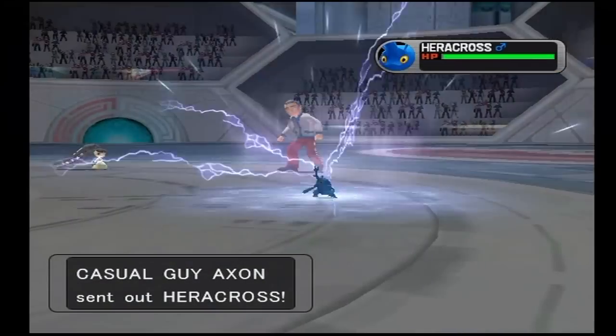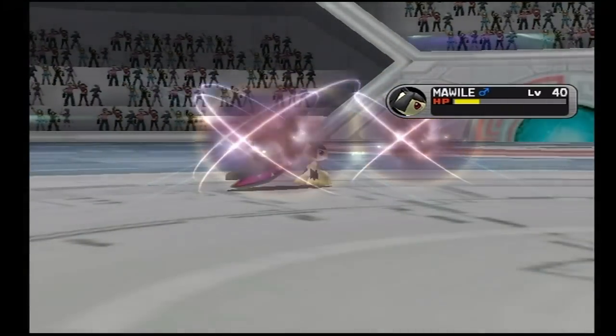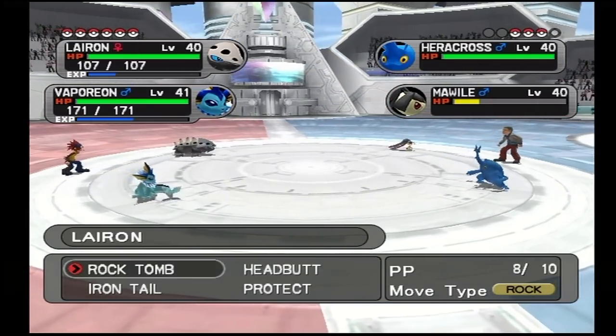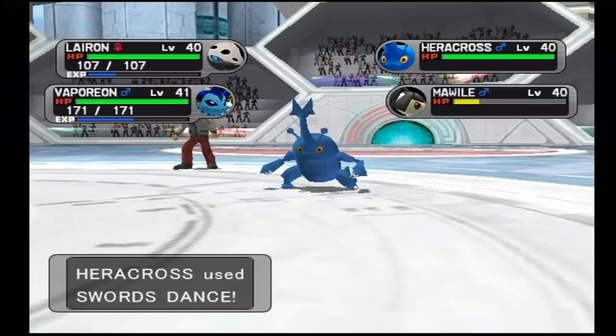Heracross is next, the bug and fighting type Pokemon. I recommend using flying types if you have it. So I guess the strategy here is that they're all going to be using Swords Dance, so I'm going to predict a Swords Dance from Heracross as well. Let's see, we'll use Rock Tomb on Heracross to lower his speed a little bit and get rid of...